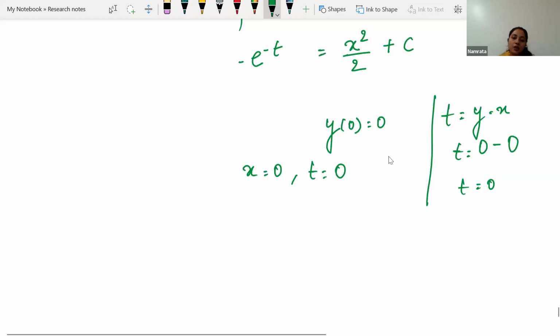Or you can just do the back substitution of this t, write it as y minus x, and then substitute the given condition y(0) is equal to 0. It's the same thing. Okay, so we are getting here